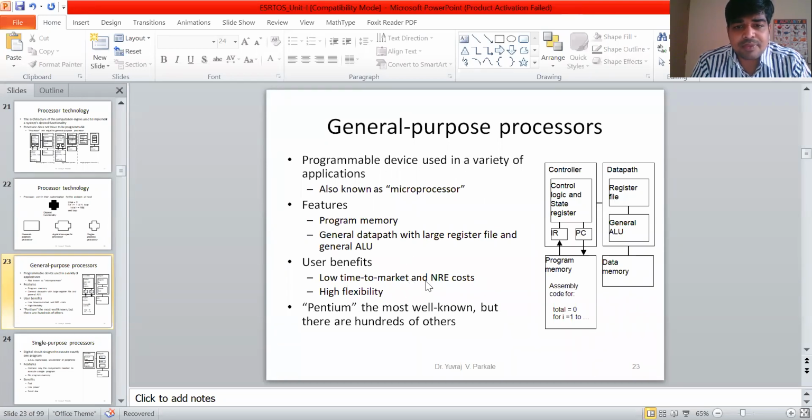Another thing is the design cost for a general purpose processor is also very low,